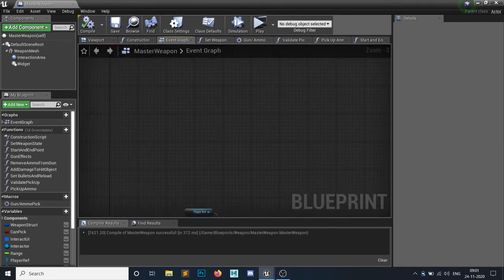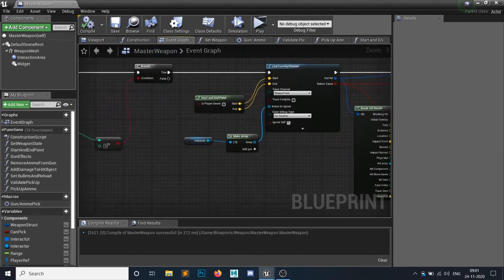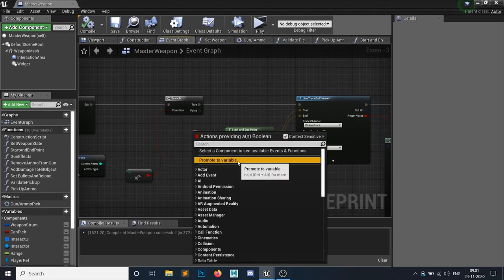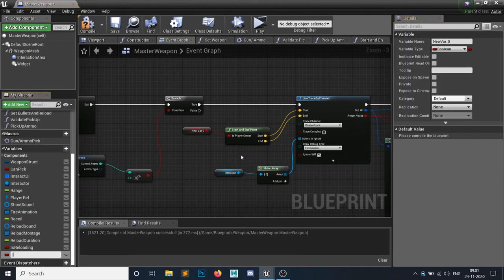All right, so in this start fire function, we have is player owner. Let's promote it to a variable, call this is player owner, which by default, let's set to false.